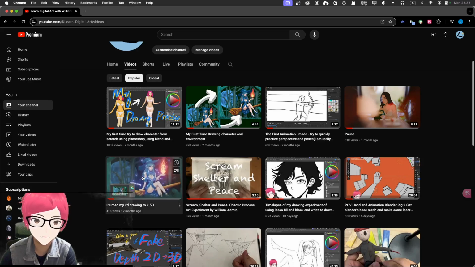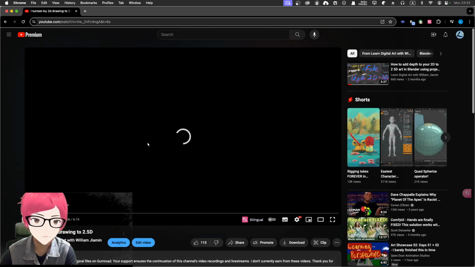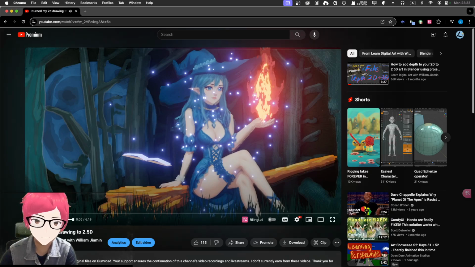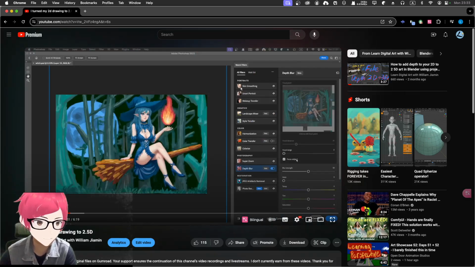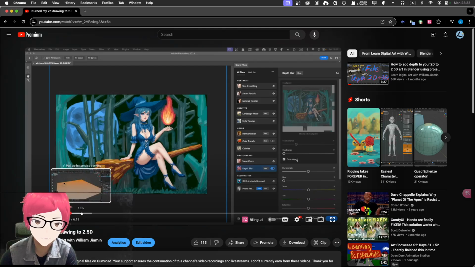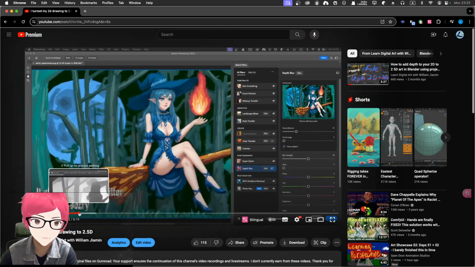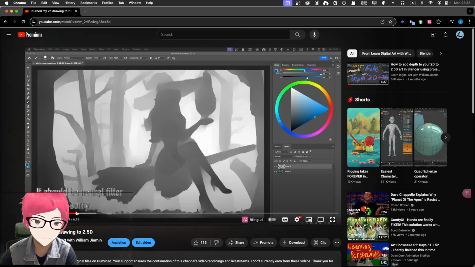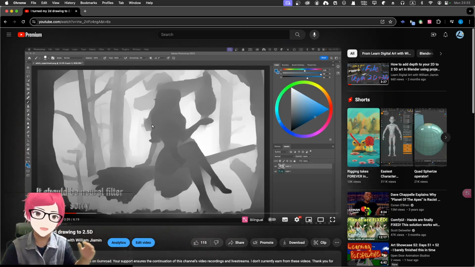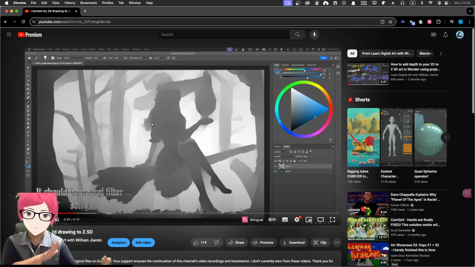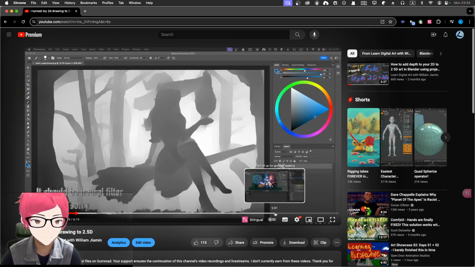And by the way, previously I did this. I turned my 2D drawing into 2.5D. I drew this thing, and I used Photoshop's neural filter to get a depth map here. Okay, and then I exported this and used Blender's depth map to height to a plane, so I can get a fake sort of 3D effect, and then get the